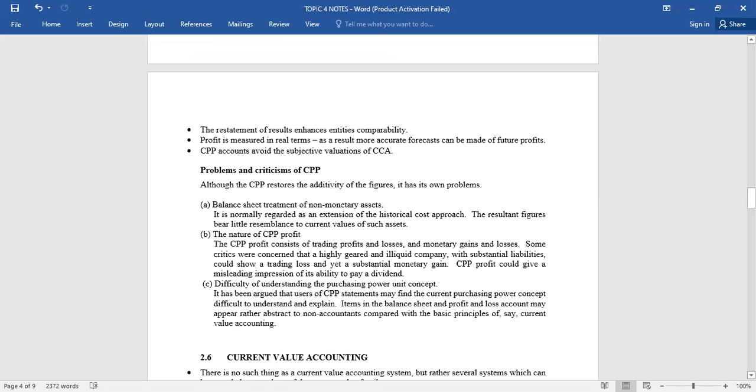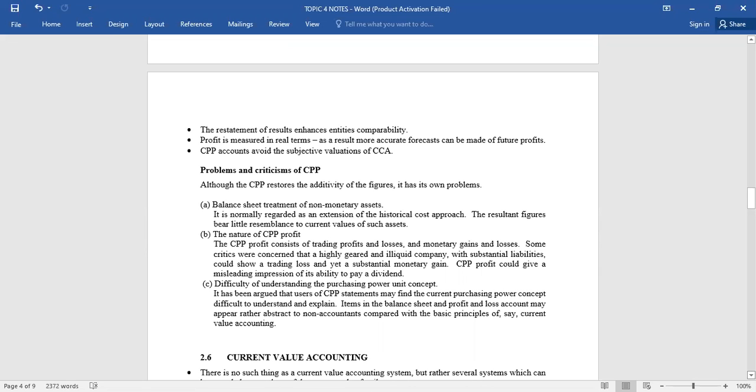Now, if you look at the profit that you are reporting there, the net income, the CPP profit consists of trading profit and losses, monetary gains and losses. That is why we reflected the 2,250 with the substantial liabilities, only that in our case, we didn't have the liability, but we are coming to a broader example. So our CPP profit is giving a misleading impression,